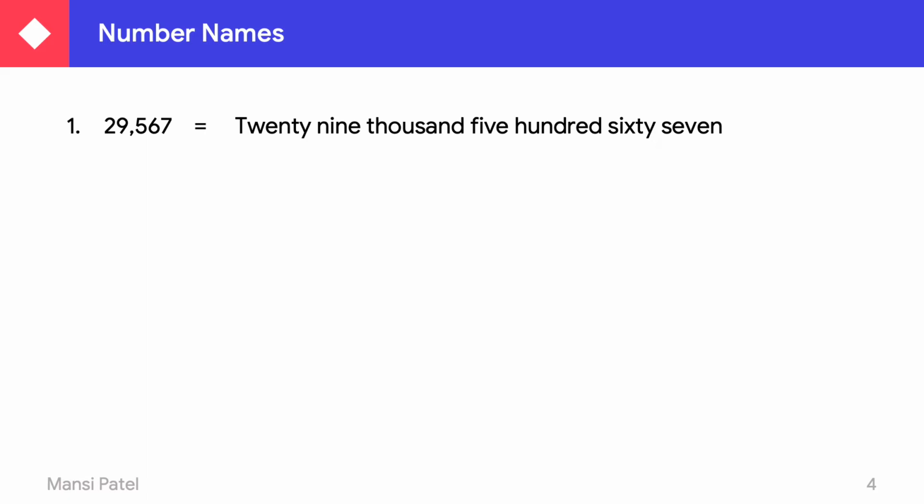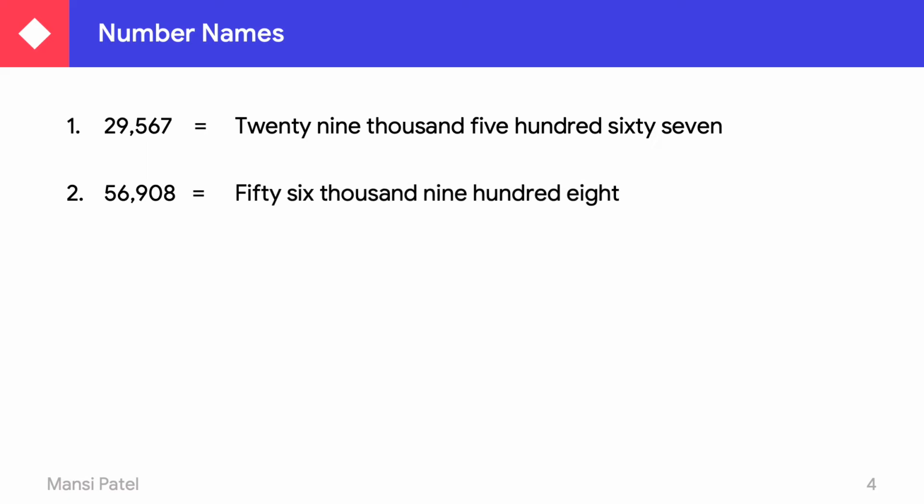567. Here is another one. Again the same, there are 5 digits. So 1 for ones, tens and hundreds. Then you have to put commas because the groups will be changed, and then 6 and 5. So we can say 5 and 6 under the thousand group. So we can say 56,908. Now see the third one.